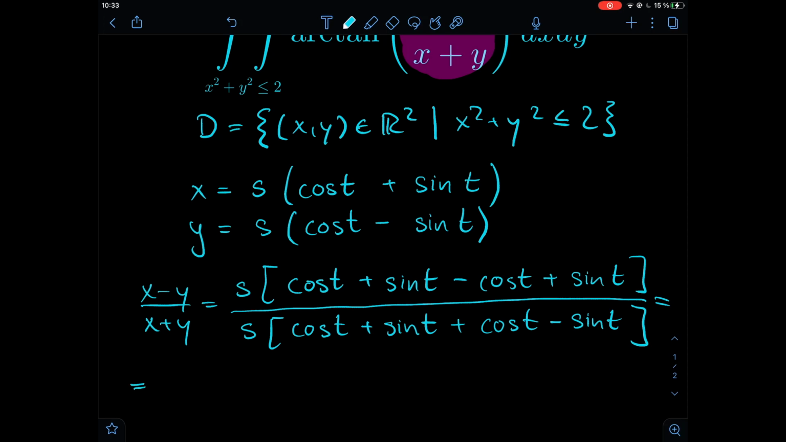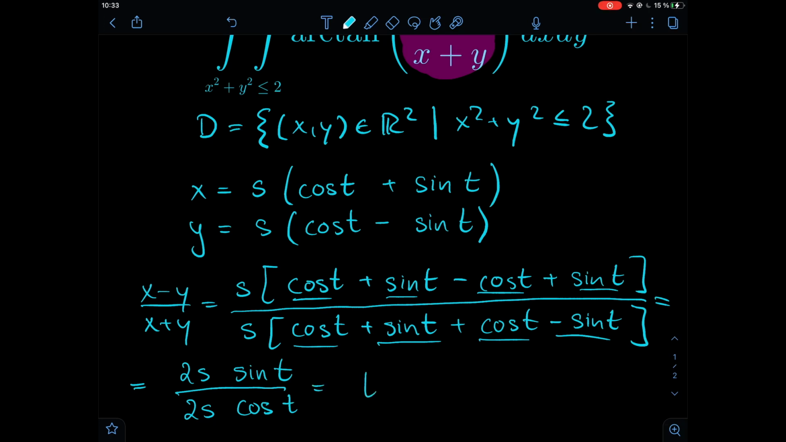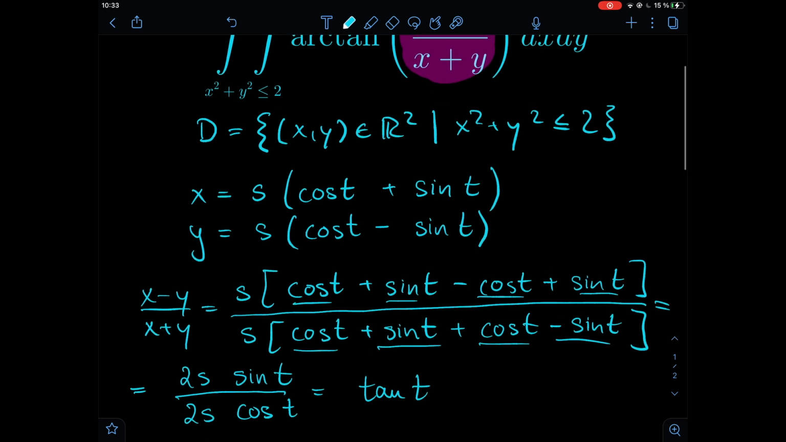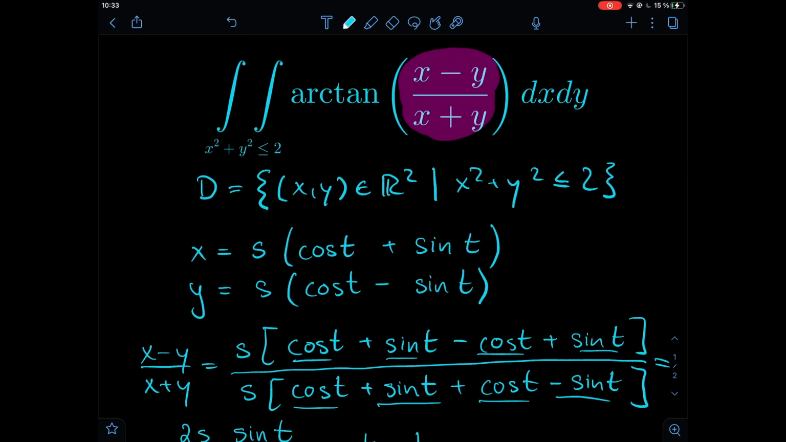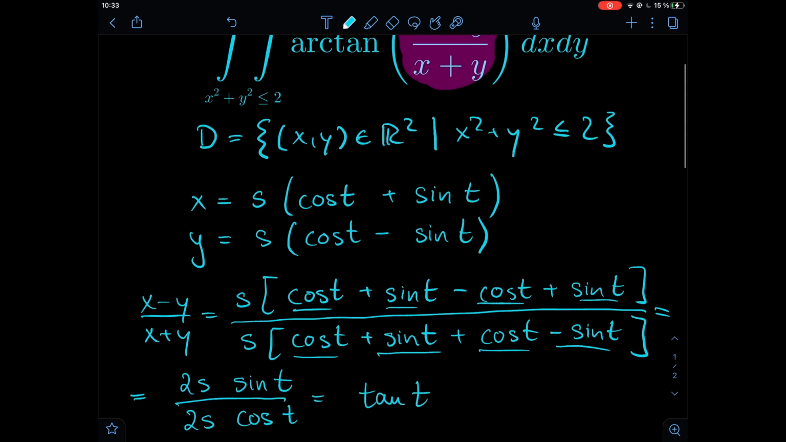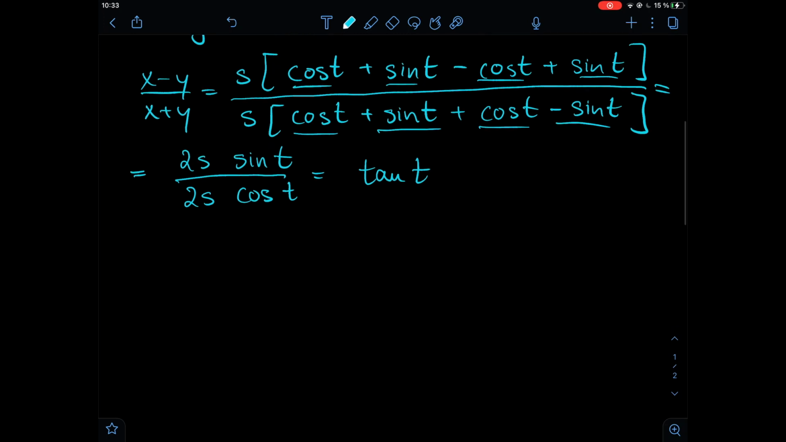So we have cosine minus cosine in the numerator, so that cancels out. We have two sines, so we get 2s sine of t, divided by, and then in the denominator the sines cancel each other out and we have two cosines, so 2s cosine of t. So the whole thing is tangent of t. So you can see that if we plug that change of coordinates into our arctan, then the whole integral will simplify enormously. But since we're performing a change of coordinates, we of course have to calculate the Jacobian